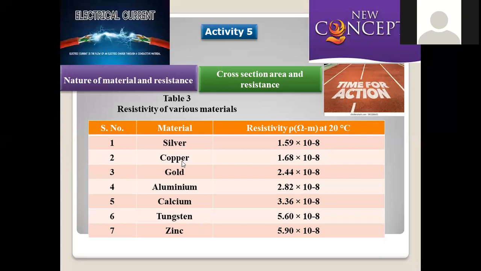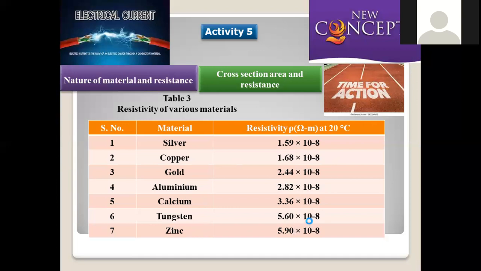These two are the important factors to choose copper as the commonly available conducting material, whose resistivity is very next to silver, that is 1.68 x 10^-8. Almost similar. That's why copper is also a very efficient conductor. And the next is gold, followed by aluminum, calcium, tungsten, zinc. So here the values are arranged in ascending order, where resistivity gradually increases.